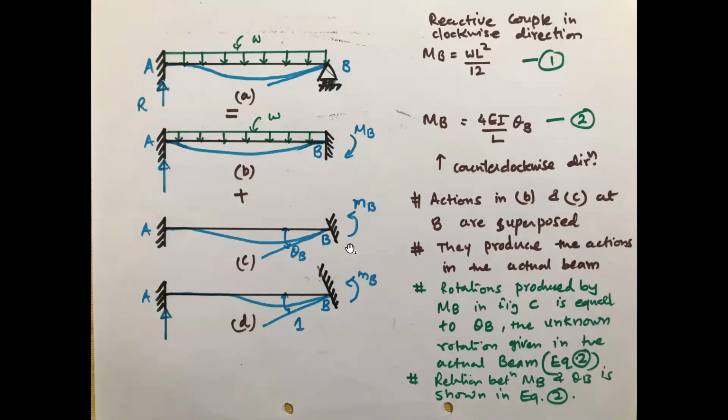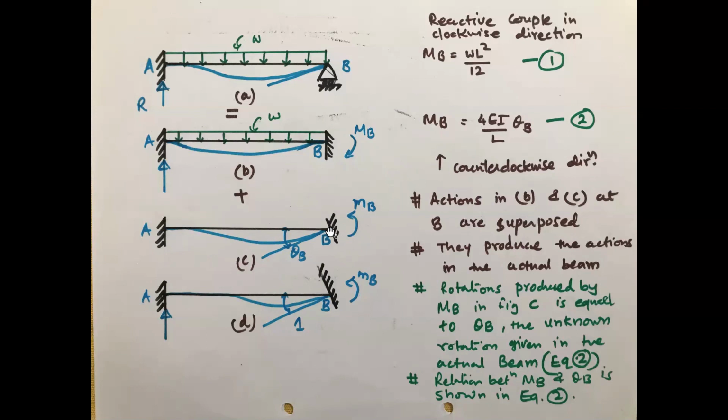That diagram says there is no external load here. I have simply allowed the rotation. This joint is released and this is fixed. So this B is the near end, and that support A is the far end.